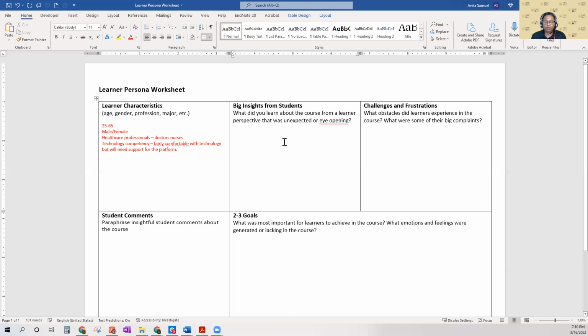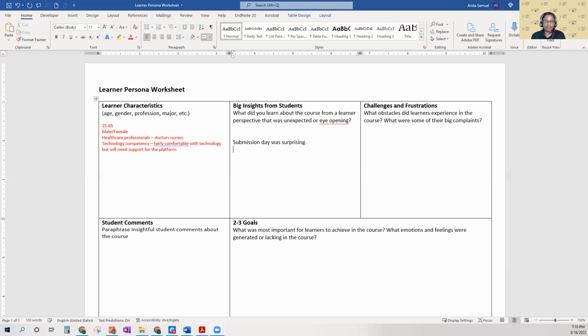Okay, now big insights from students. What did you learn about the course that was unexpected or eye-opening? For me, when I looked at that feedback, the submission day was surprising. And the other thing that I found surprising was the trouble they had with navigation.